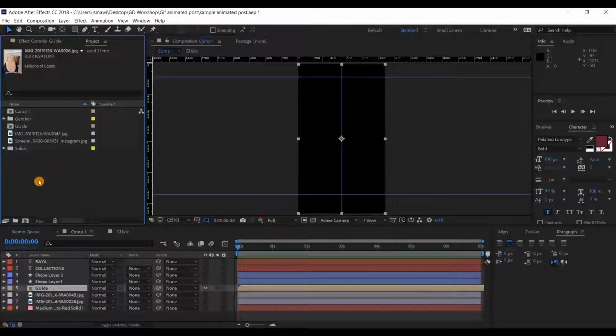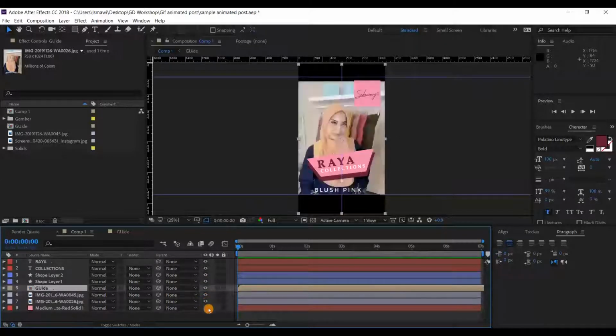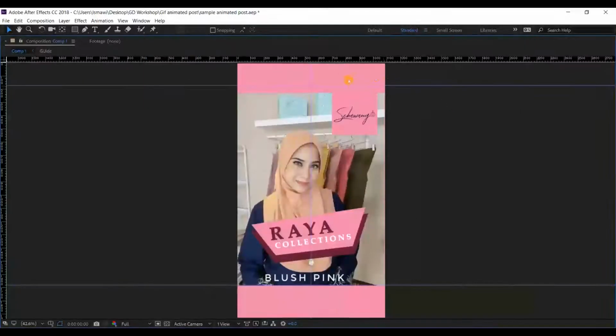Okay, so let's start. I already created it, but we're going to create it together. So this will be our last look at our post before we animate it. We already have our footer. I'm going to zoom in. So we're going to our header area. We have our footer area. So we have the picture at the background.